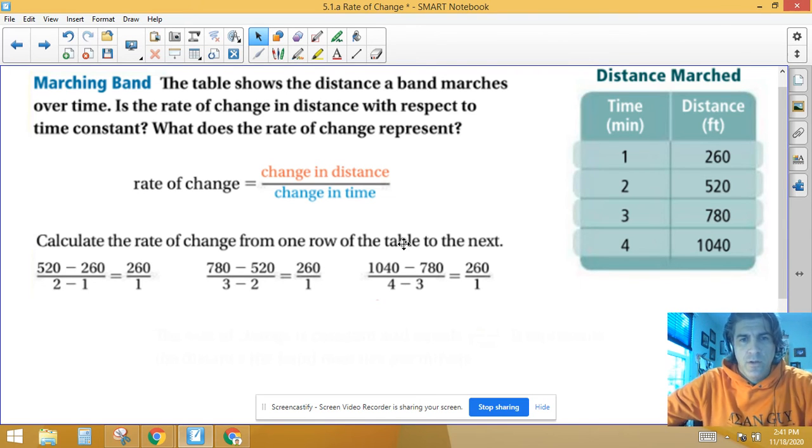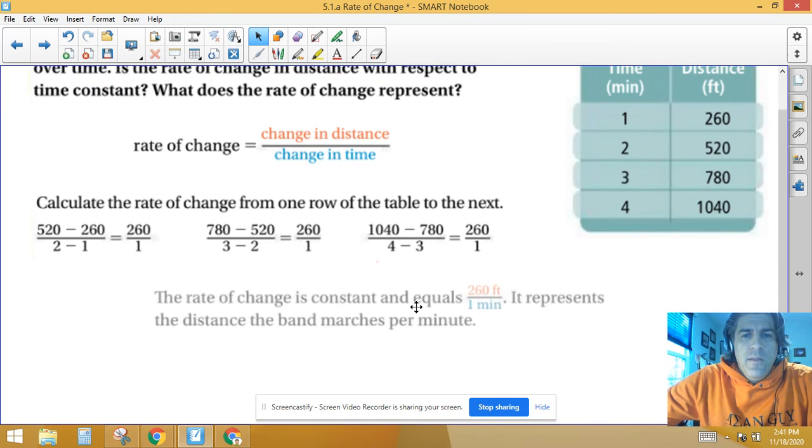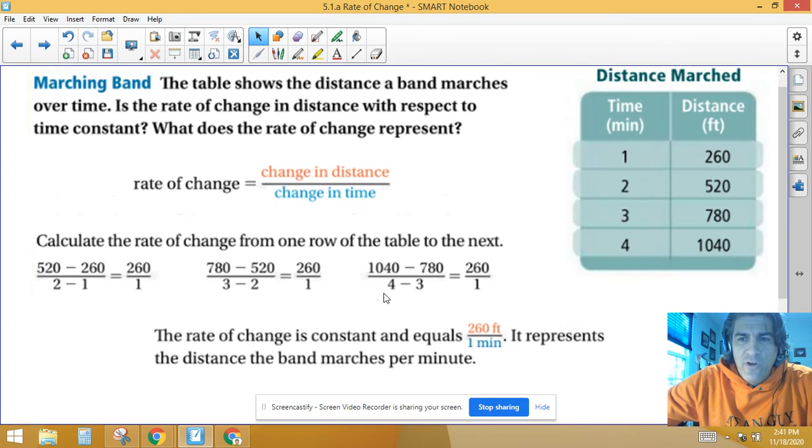Oh my gosh. Say what? That's constant. It simplifies to the same thing. It is the same thing. So now, what does this rate of change represent? This represents the distance the band marches in 1 minute. The top number, 260, the unit is distance. The bottom number is 1, the unit is time in minutes. So it is 260 feet in 1 minute. That's what it represents. It's pretty much their unit rate